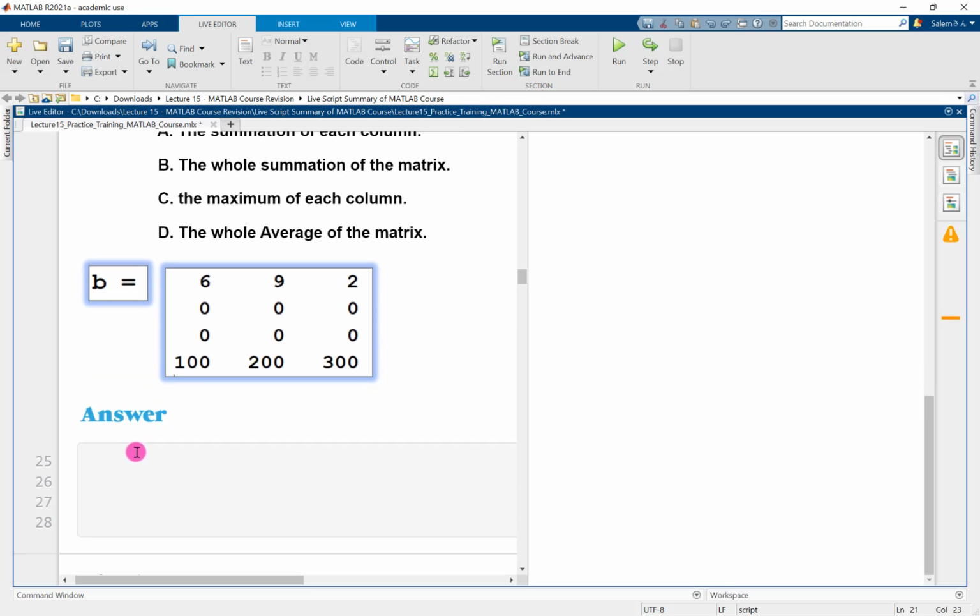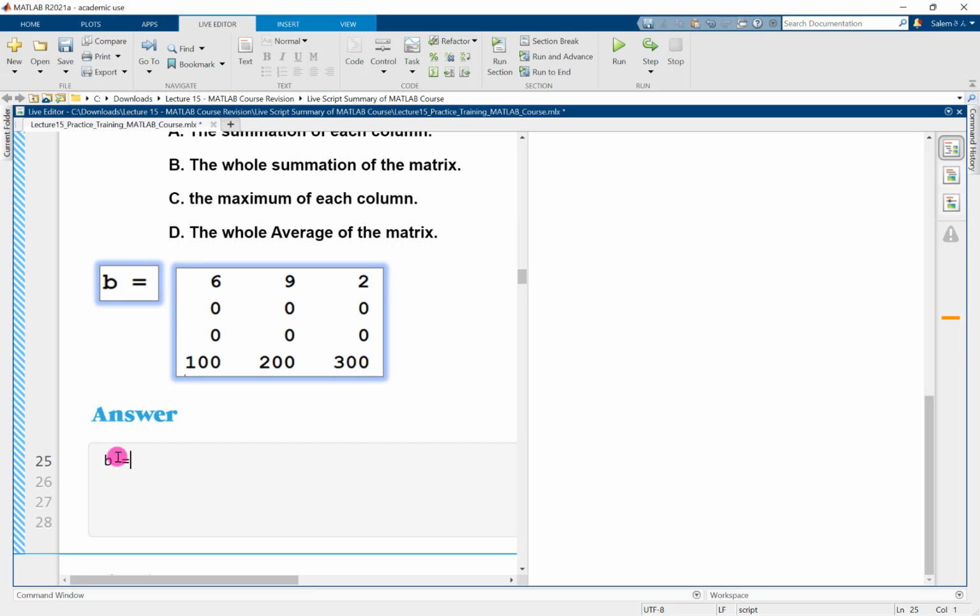So let's define B first. So I will write B equal, open square brackets. First row, there is no relation. I can write 6, 9, 2. And also in the question, they don't mention it. You can't write every element explicitly, but even if we don't have any relation. And then the second and third rows are zeros. It's just zeros. So we can write zeros,